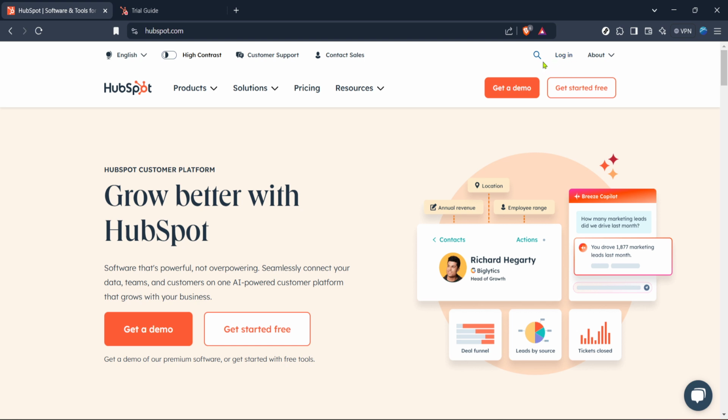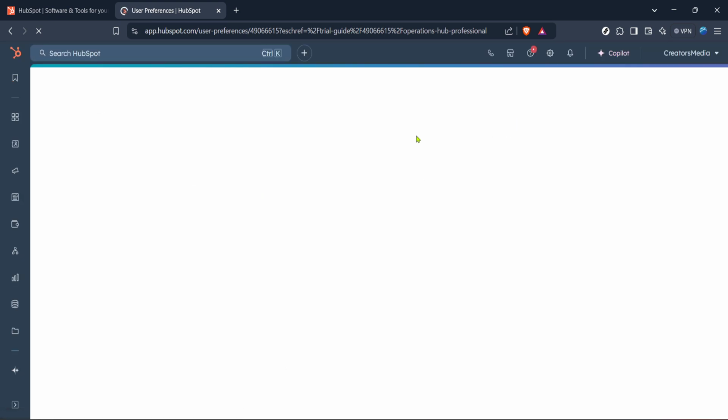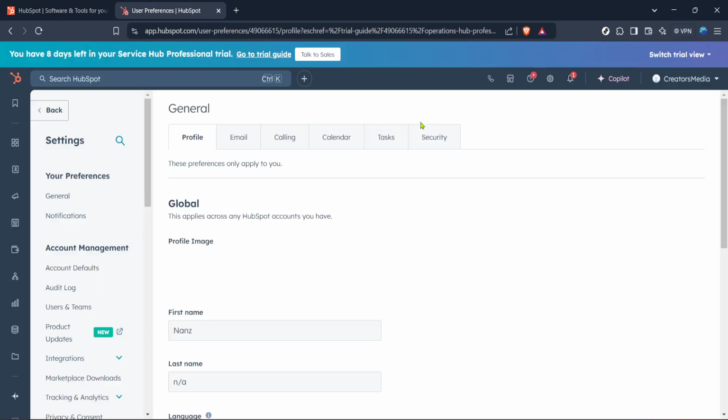Upon logging in, you'll arrive at the HubSpot home. This is essentially your dashboard where you can access various tools offered by HubSpot. From this main page, you need to focus your attention on the settings icon. Usually you'll find this by looking for a gear or cog symbol. Clicking on settings is a crucial step because it contains all the configurations needed to tailor your HubSpot experience.